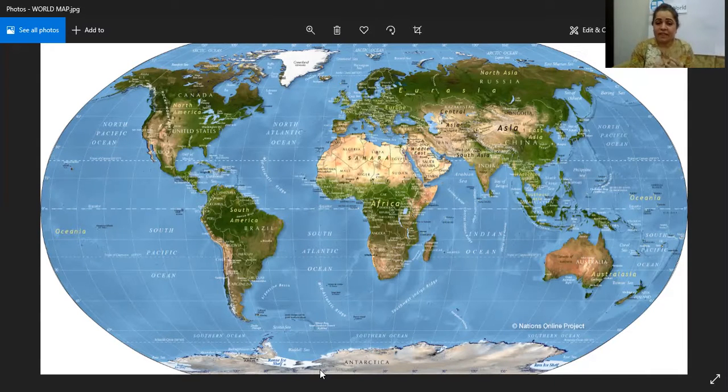Asia is on the top right position of most of the maps which we see. When you look at any map, you can see Asia in the top right position. And it is the largest continent with the most people, right? Yes, this is the biggest continent and there are the most people. And the largest nation in Asia is China. You all know about China?